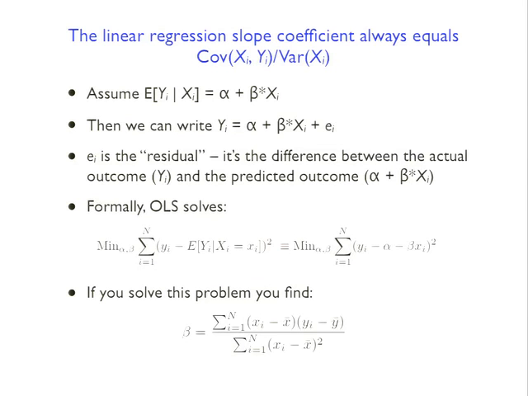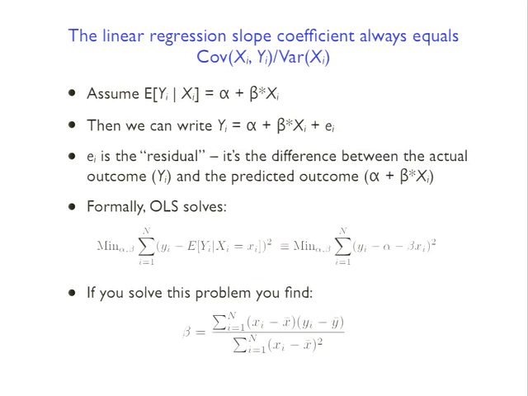If you then want to estimate the variance, then your estimate of the variance is the sum from i equals 1 to n of (x_i minus x bar) squared. So remember, the variance of a variable is basically measuring the dispersion in that variable. It's the dispersion around its mean. So for each observation of x, you're taking the difference between the actual value and the sample mean, squaring it for the same reason that we were squaring the deviations on the graph, summing that up, and then multiplying by 1 over n to reflect the fact that you don't want the variance to explode just because the data set is getting larger. So that's equal to the variance.